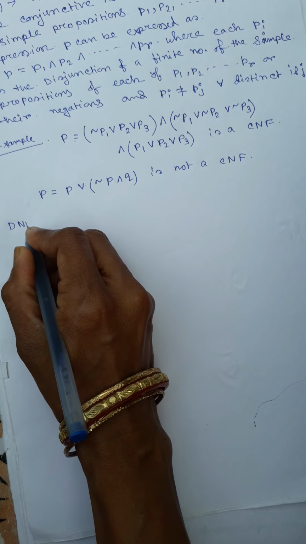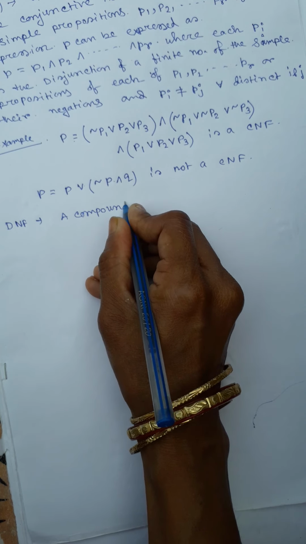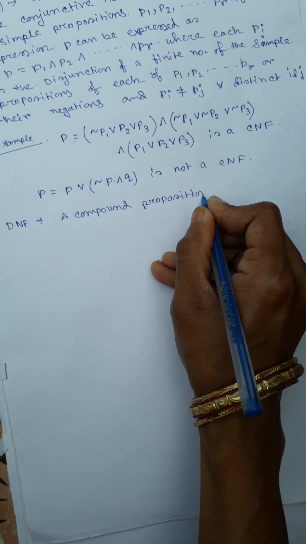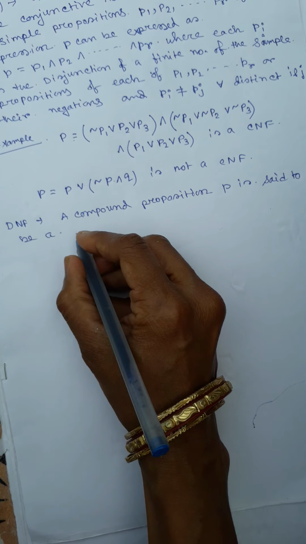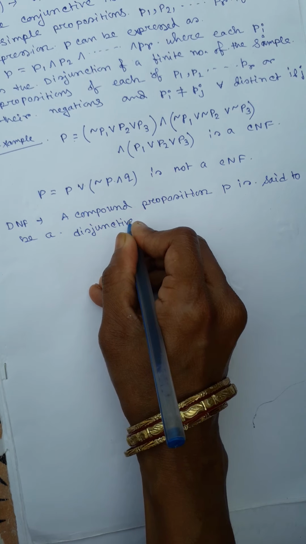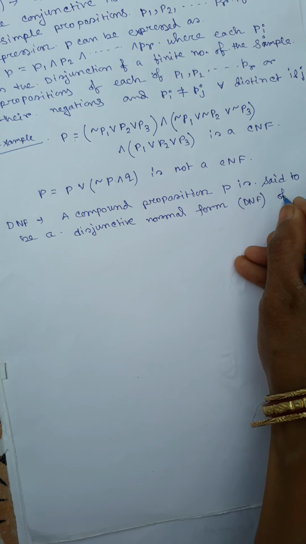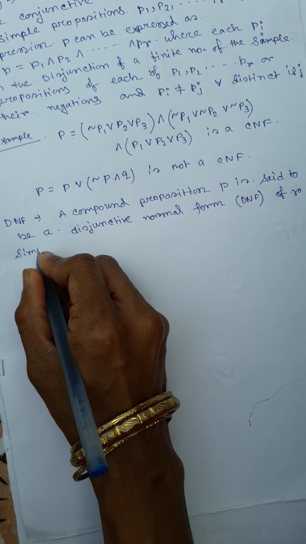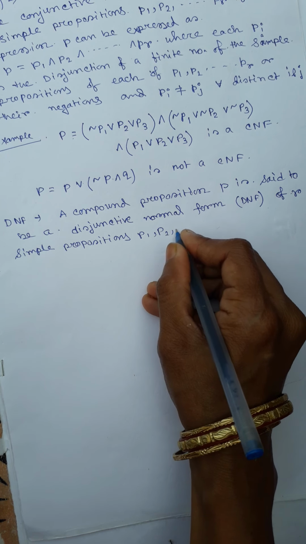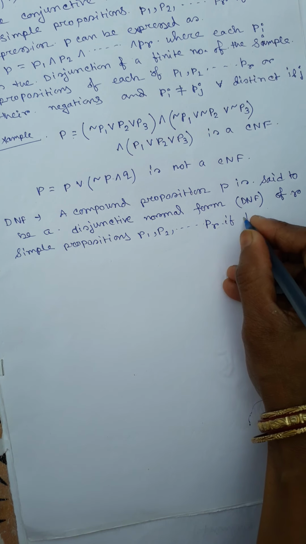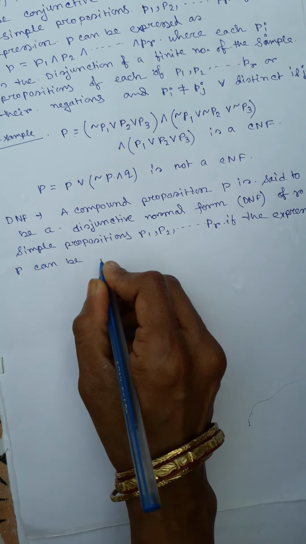Now, what is DNF? DNF means disjunctive normal form. A compound proposition P is said to be a disjunctive normal form, or DNF, of R simple propositions P1, P2 up to PR, if the expression P can be expressed